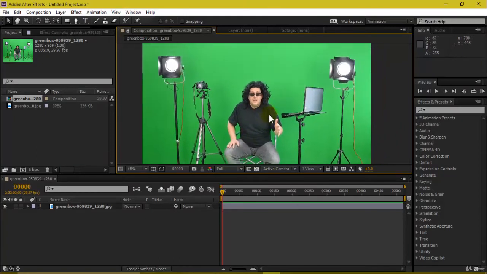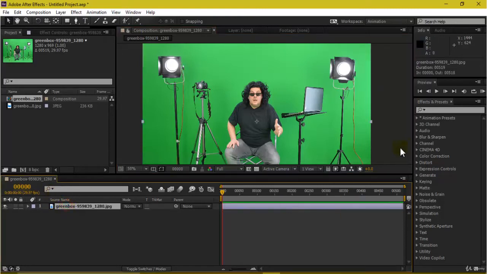For that, you have to insert an effect here. First select this layer, and this is my effects and presets panel, where I get all my effects and different kinds of presets which are already here. Inside effects and presets, we have to select the option known as keying.